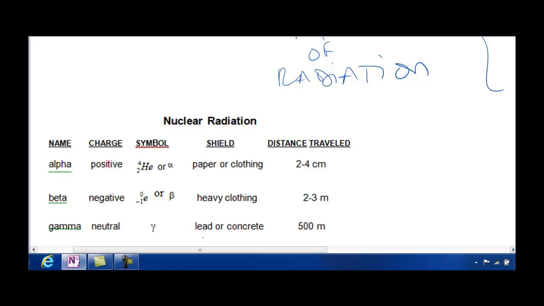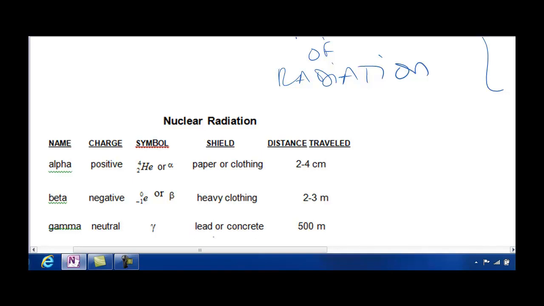It has no taste, it has no color, we cannot see it, but it is very, very strong. If we are close to a gamma emitter, an element that's shooting out gamma, in order to protect ourselves we're going to need a very heavy wall of concrete